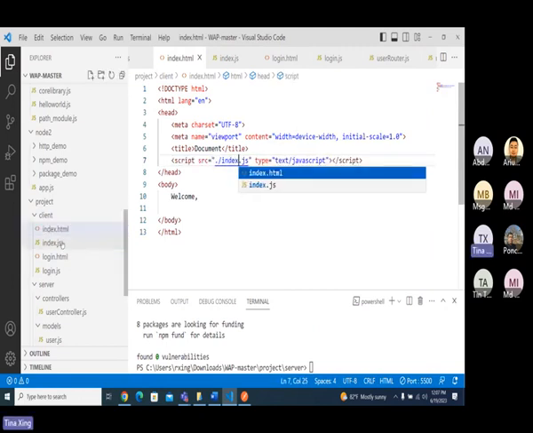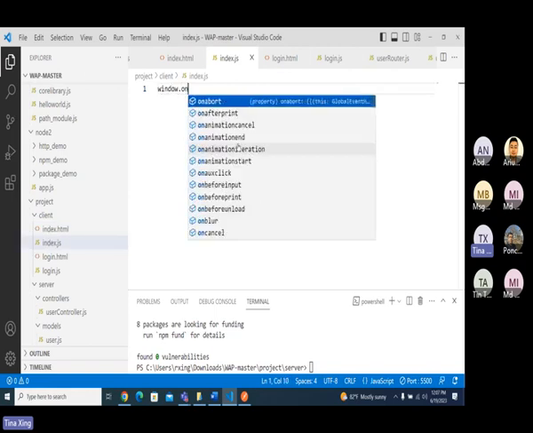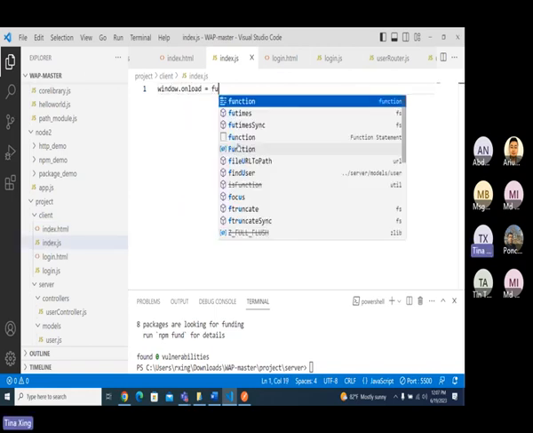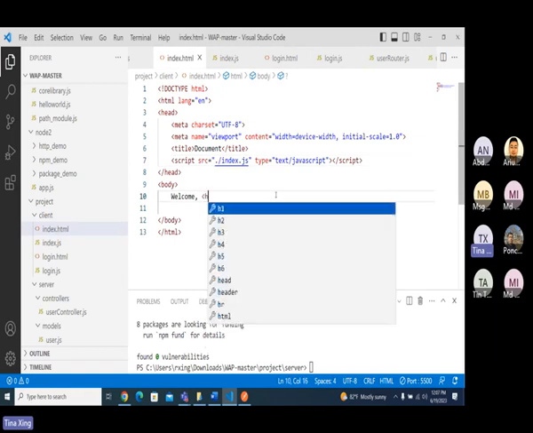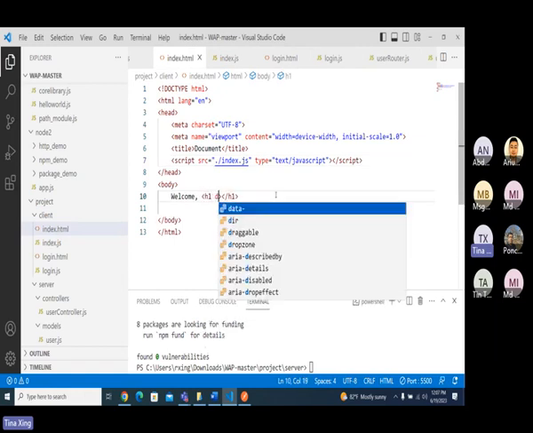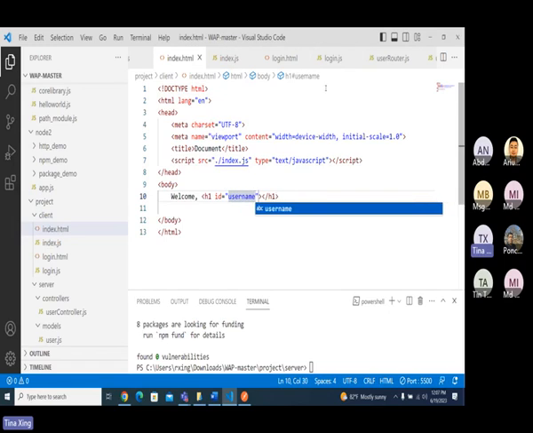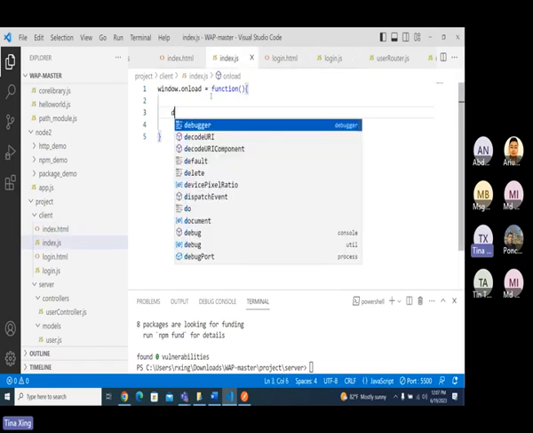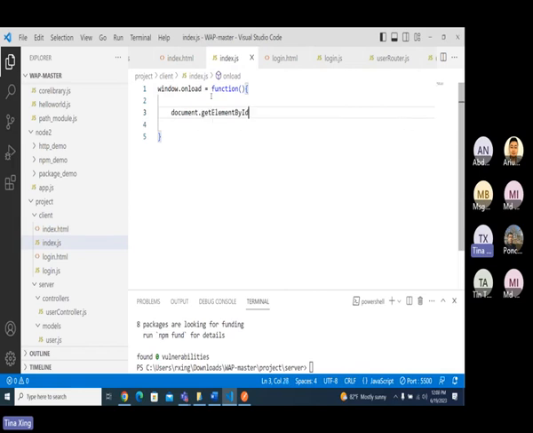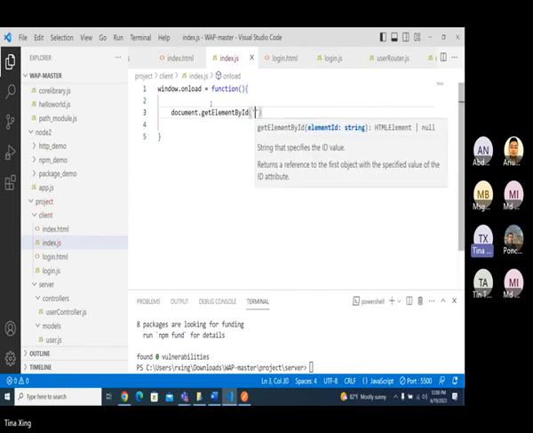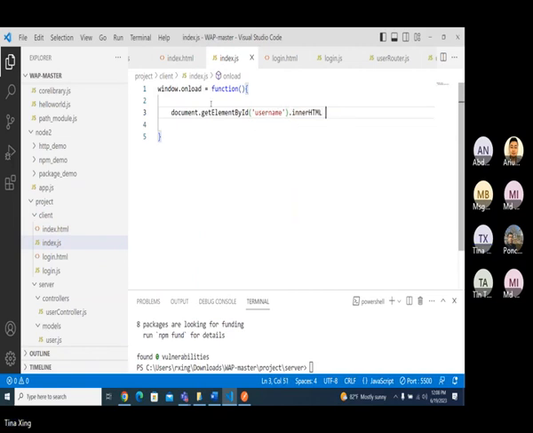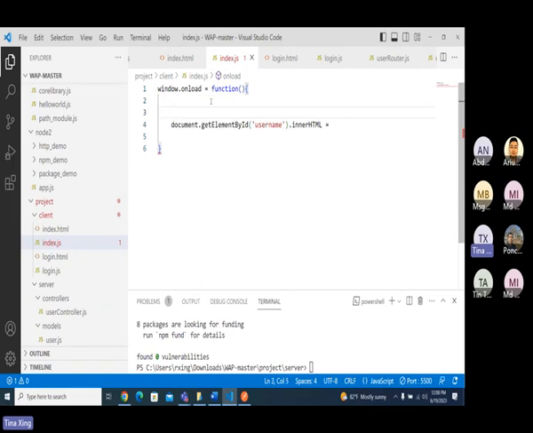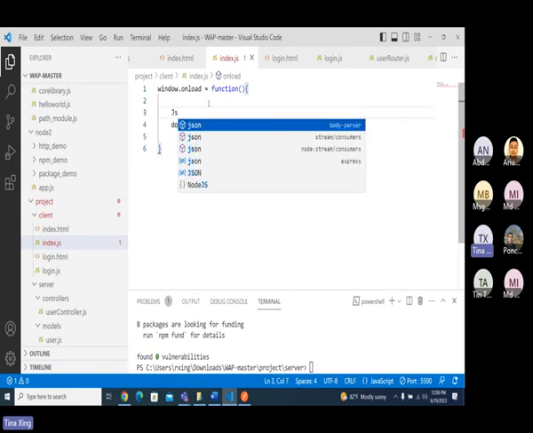Okay. In index.js, in the window.unload equals function, you don't need to fetch the user again because we're already here. So here, welcome, I have an H1. How about an ID, username? Then you can do document.getElementById username, then .innerHTML equals a string. The string will be JSON